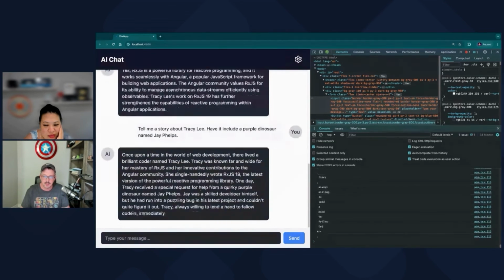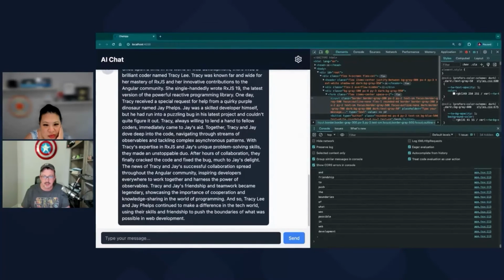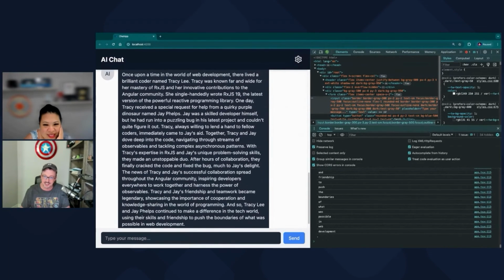Once upon a time in the world of web development, there lived a brilliant coder named Tracy Lee. Tracy was known far and wide for her mastery of RxJS and her innovative contributions to the Angular community. She single-handedly wrote RxJS 19, the latest version of the powerful reactive programming library. One day, Tracy received a special request for help from a quirky purple dinosaur named Jay Phelps.